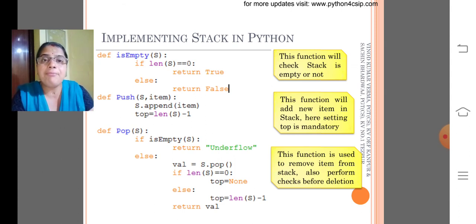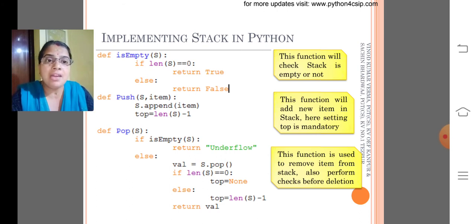Then def pop, that is for what? For getting or deleting an item from the top of the stack. If is_empty, it returns underflow. Else, it will do the pop operation. Pop will always remove an item.